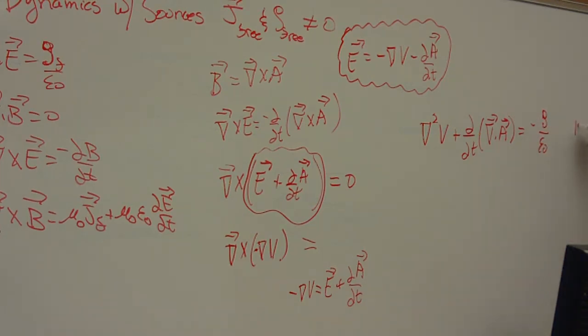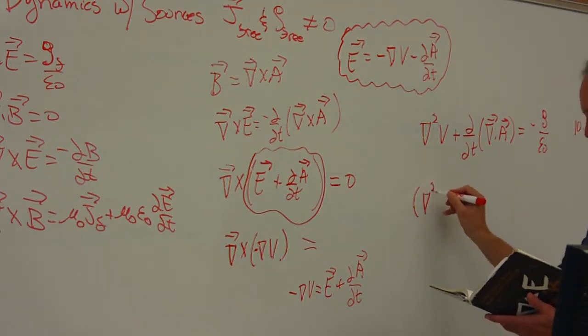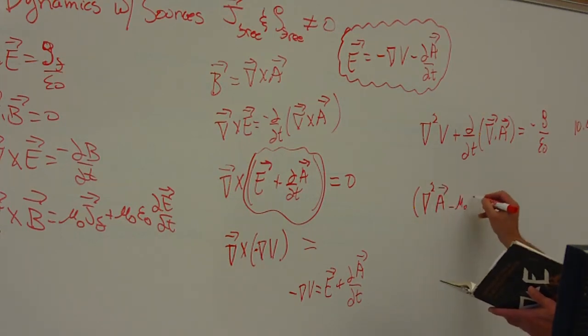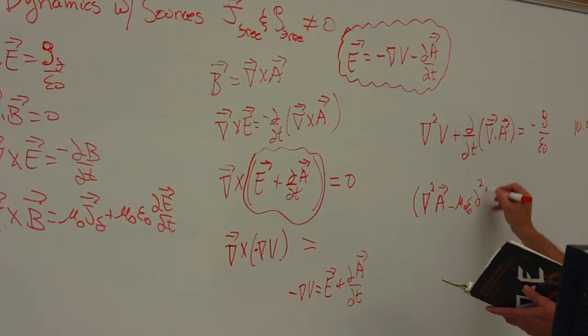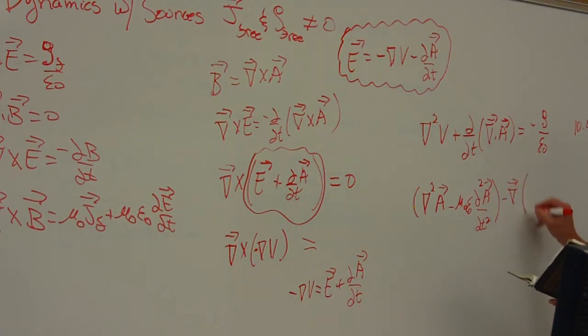This is 10.4. And then 10.5 is a little messier. Ready? It's del squared, or Laplacian of A, minus mu naught epsilon naught partial squared of A with respect to t squared, minus the gradient of the divergence of A plus mu naught epsilon naught partial of V with respect to t,